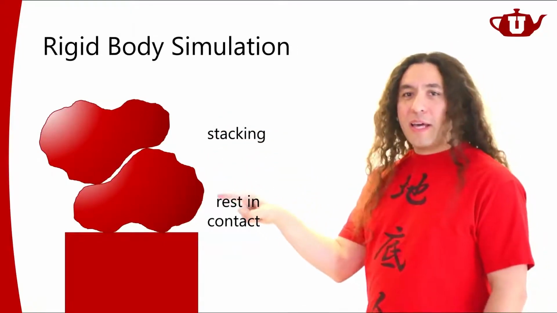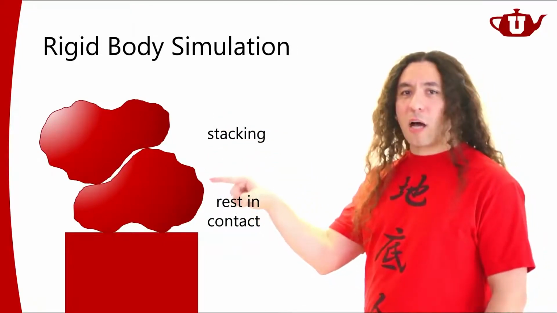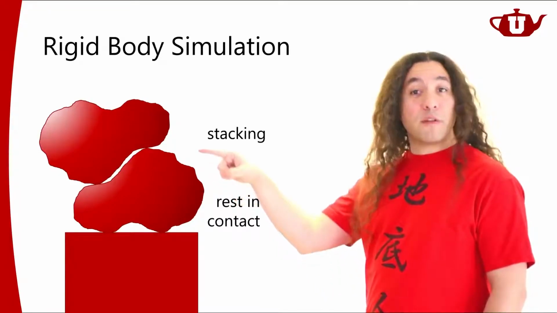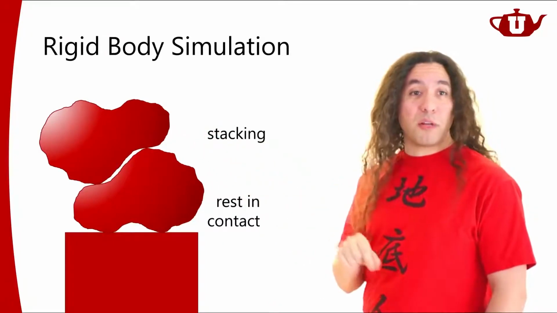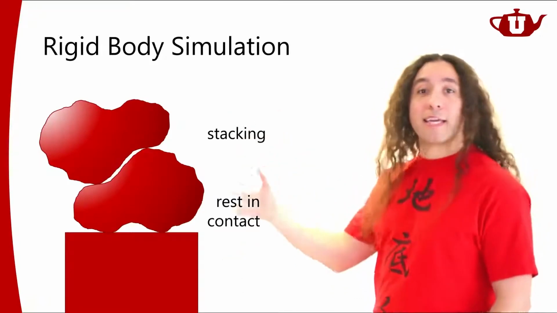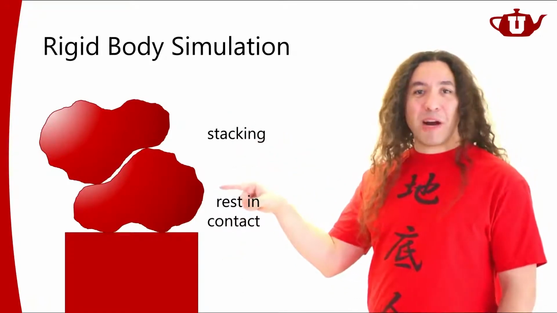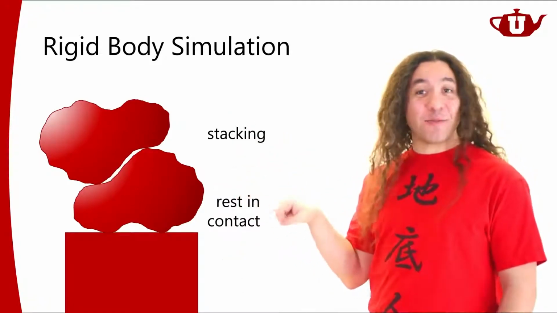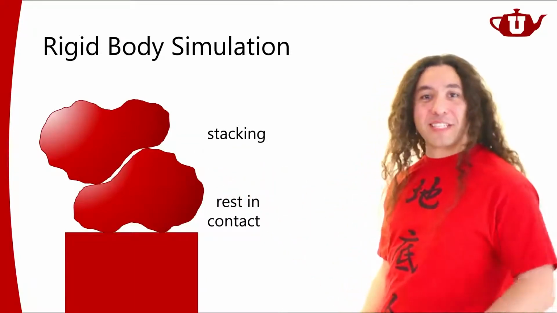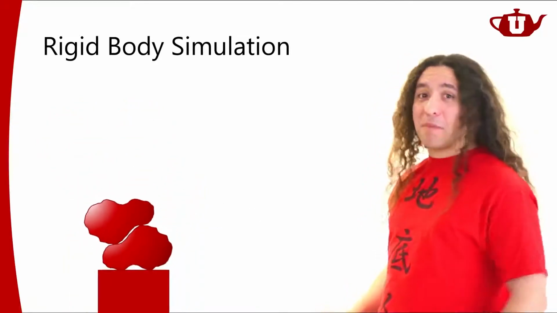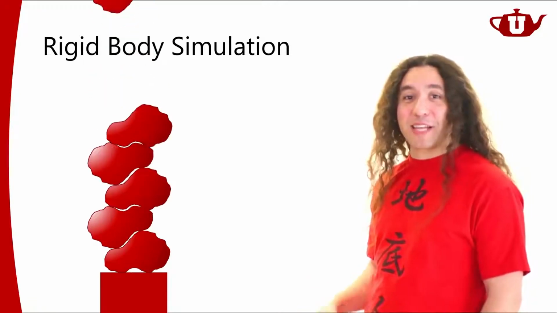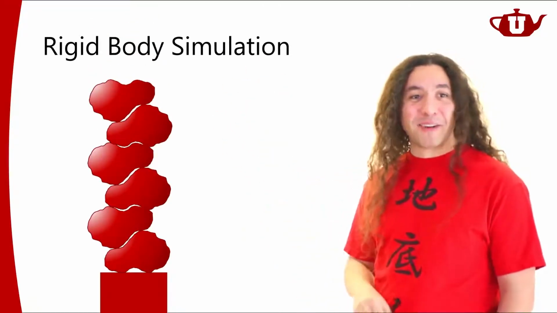So if I sort of hit this object with something, then the rest in contact situation for this object must be modified as well. So the simulation sort of needs to keep track of this stack, and if anything at the bottom of the stack changes state, it's not rest in contact anymore, I kind of need to modify the other object in the stack accordingly. And the stack can be quite large, right? I don't have to have a single object, but just two objects. I can have quite a few objects stacking on top of each other.